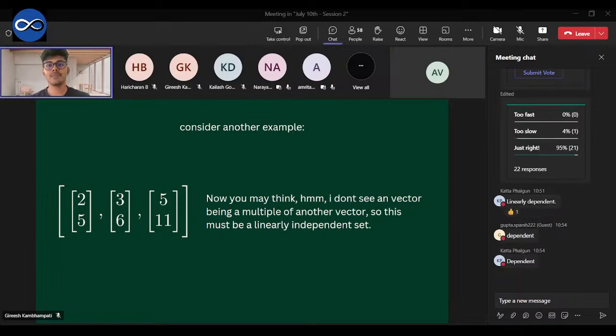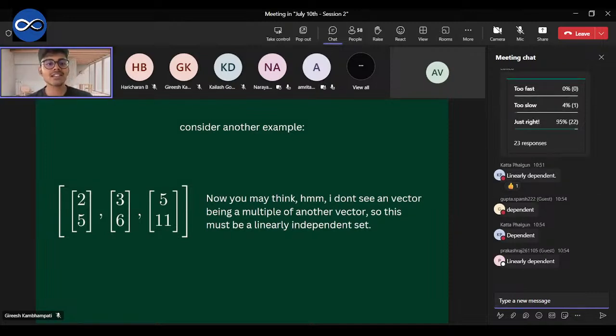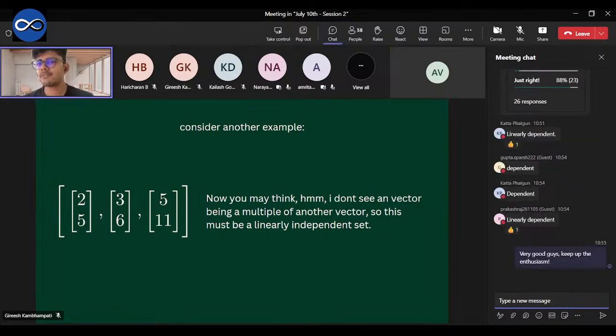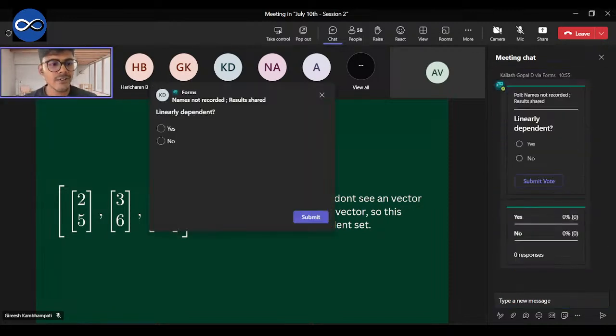I'm sorry. Yeah, it is dependent. And I'm pretty sure the reason is also quite clear. I can add the elements of the first two vectors, and if I observe, I will get the elements of the third vector. For example, the x cap components 2 and 3, if I add them, I'll get 5. And if I add the y cap components 5 and 6, I'll get 11. Right? So if you move to the next slide,